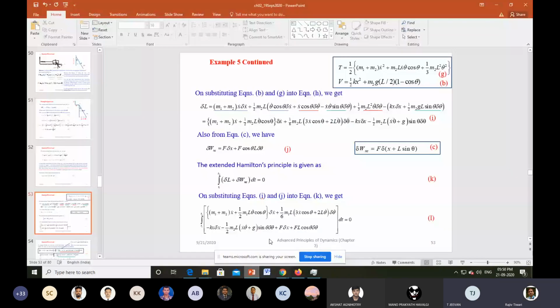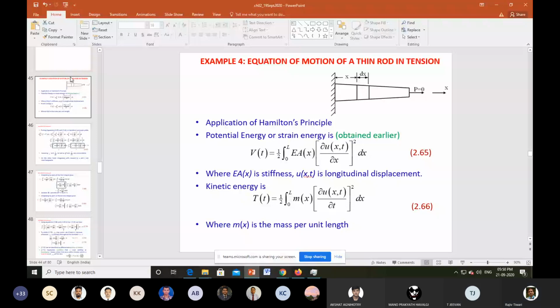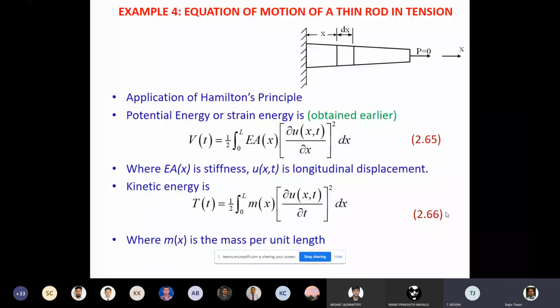Here, you need to understand what U is. U is the axial displacement of this particular rod. So this is the fixed end. Once it is a fixed end, what will be U here? 0. So the variation of U must also be 0, because the variation needs to satisfy the boundary condition. If U itself is 0, the variation of 0 will be 0.